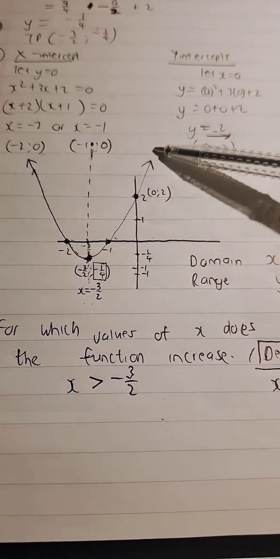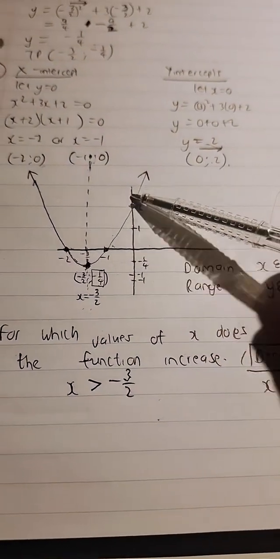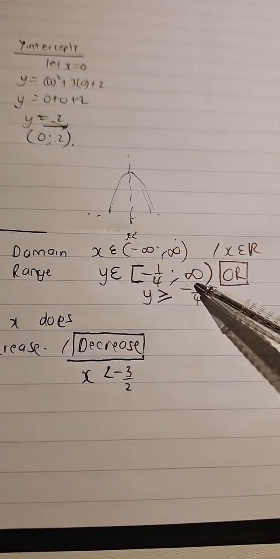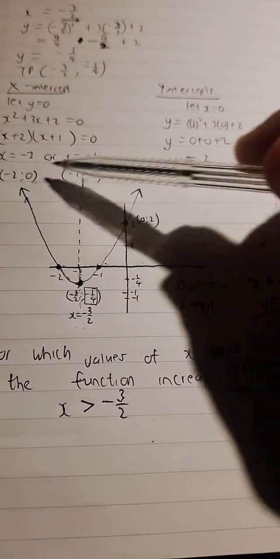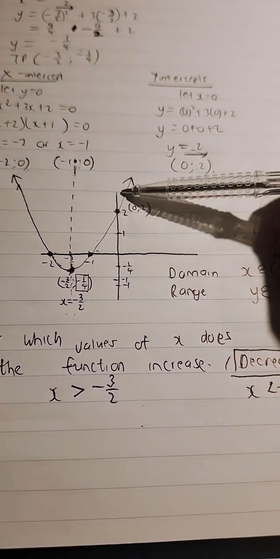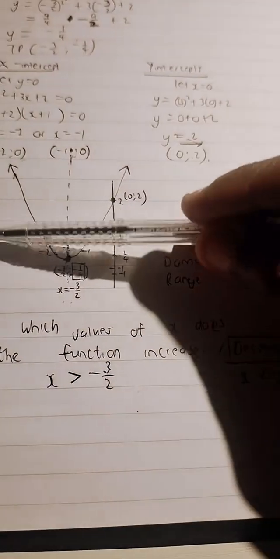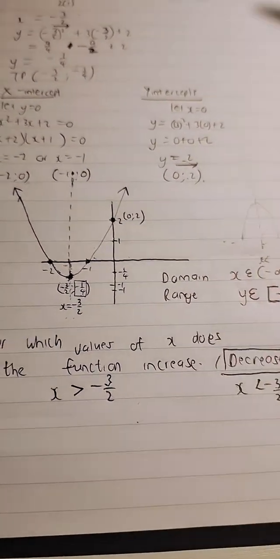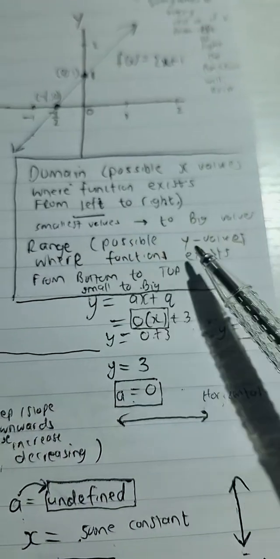Since this parabola goes up infinitely, what does that mean? It means that our y value does not reach an actual end. Our y values are limitless. So therefore we say to positive infinity, because these are positive values on the y axis, above the x-axis. So it's up until positive infinity. It can't be negative infinity. As I said, range is the possible y values where the function exists